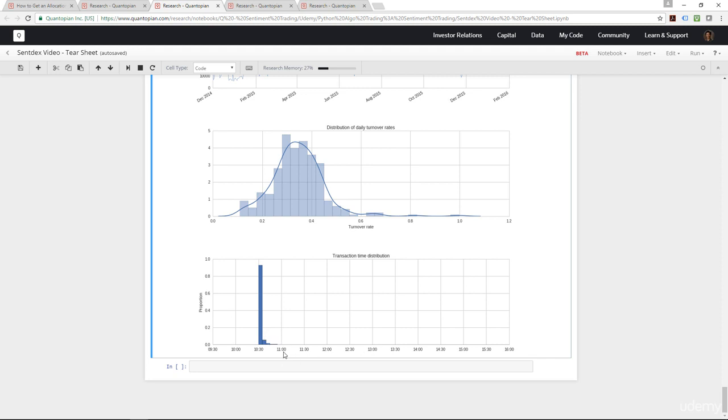This is part of our design because we used the Q1500 universe. If you had used the whole universe, you're likely to have a distribution with a massive long tail and might not have some positions closed at all at the end of the day. The answer is really simple. If you trade illiquid stocks, being illiquid doesn't allow you to enter or exit at all, and that's the last thing that you want, and that really actually corrupts your alpha signal. So that's really the end of the Sentdex